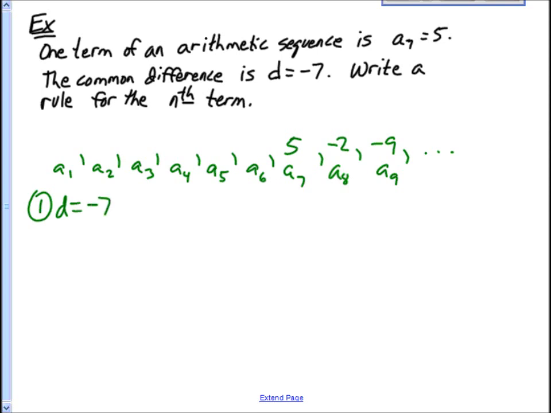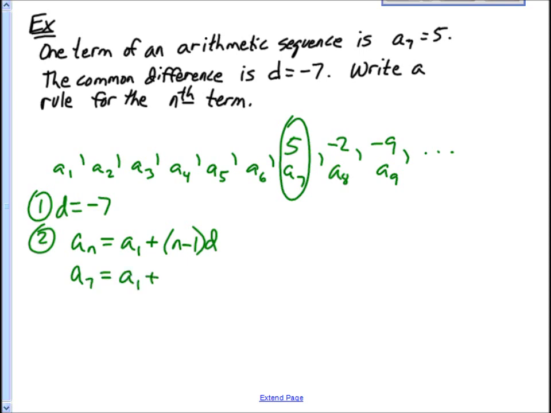That's nice. They gave it to us, okay? Now, second step is how can we use this seventh term that they gave us to figure out the first term, because we need the first term when we're writing this thing, okay? So what we do is we say, well, I know my seventh term,